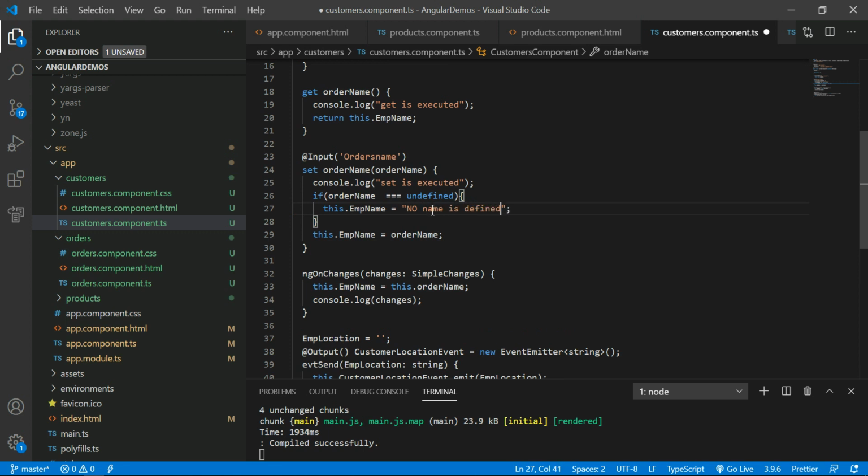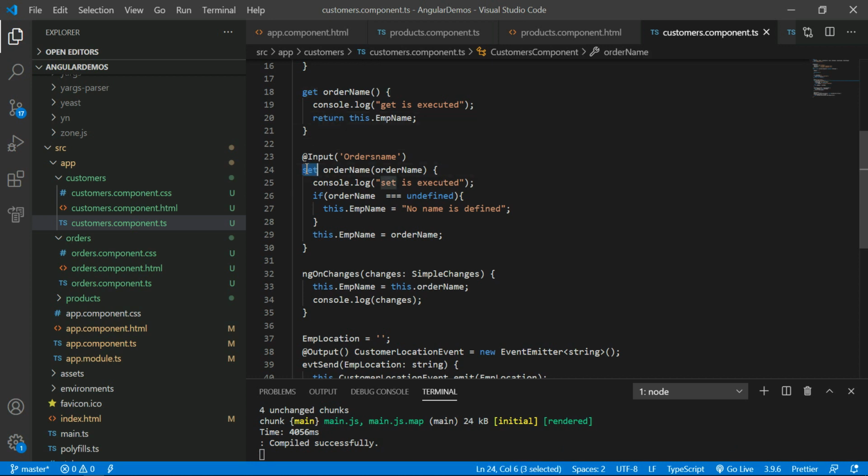Okay, you got it right? By using the get and set properties, you can have more control on the input parameter, the input decorator. That's the reason I am using the set and get properties.